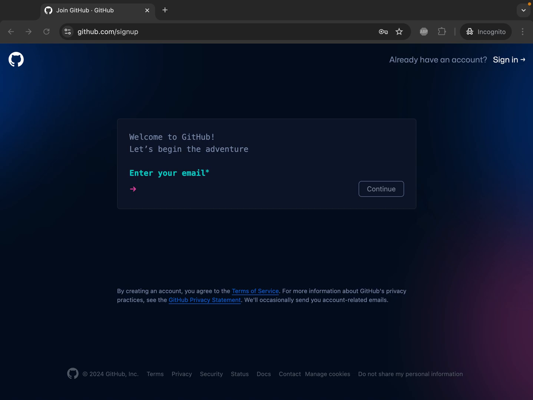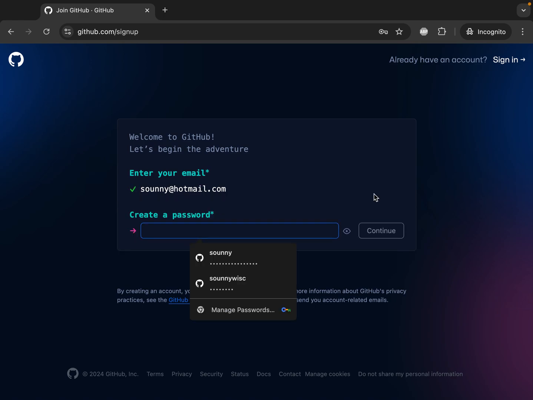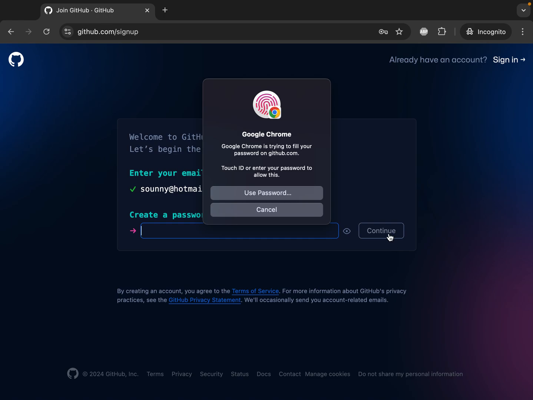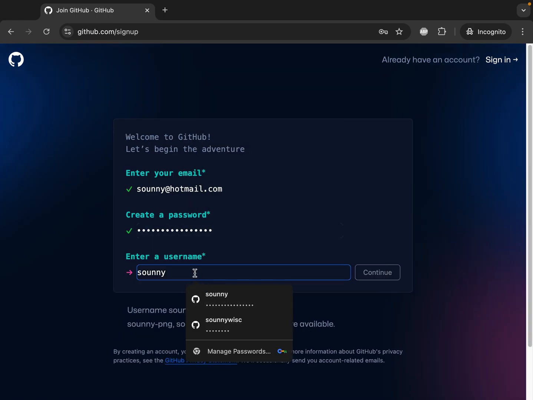And whenever you're signing up for GitHub, you're going to want to, of course, type your email address in here. Okay, I already have my account, so maybe let me just put something bogus in here for now. And this will give you access to basically a developer's playground. This is like where everyone comes together to share code and so forth. So, you have to make some kind of a password for it. And whenever you go through it,